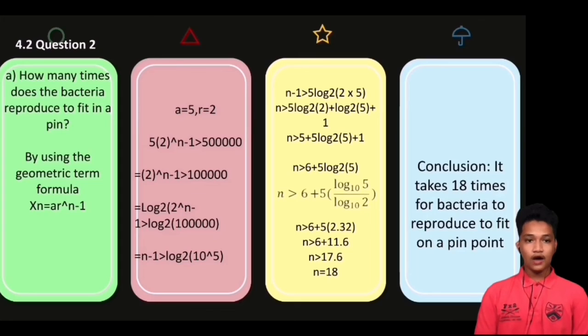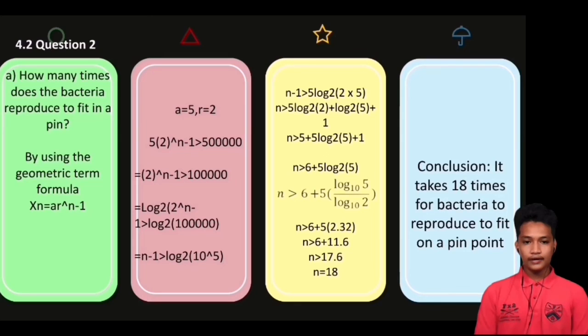Question 2. How many times does the bacteria reproduce to fit in a pin? By using the geometric term formula, Xn equals A multiplied by R power of n minus 1. A equals 5 and R equals 2. 5 multiplied by 2 power of n minus 1 greater than 500,000. 2 power of n minus 1 greater than 100,000. Log base 2 of 2 power of n minus 1 greater than log base 2 of